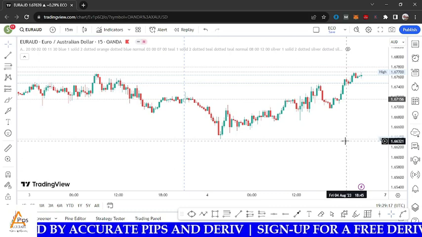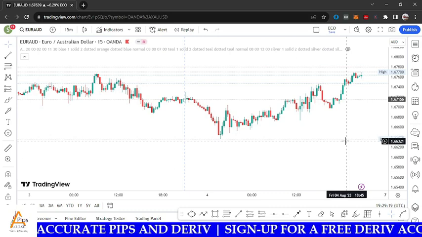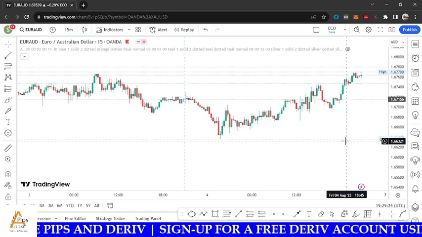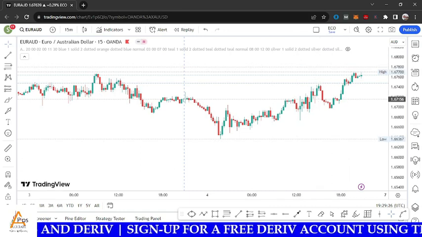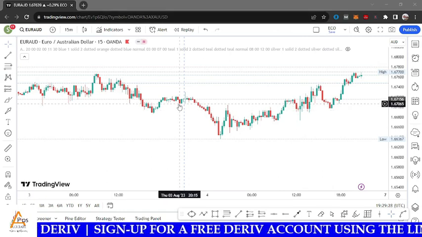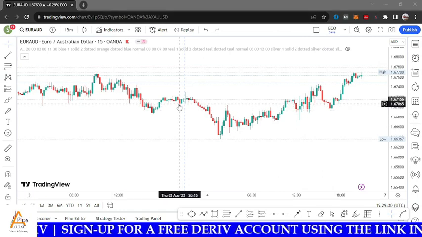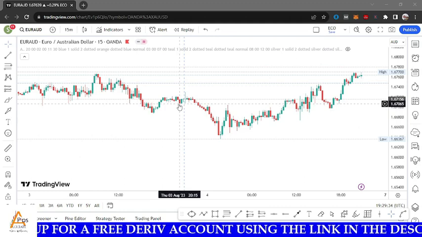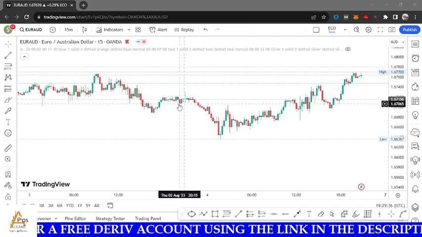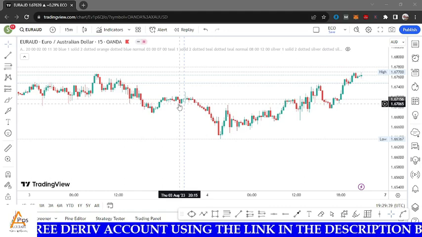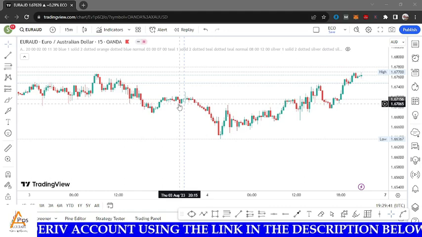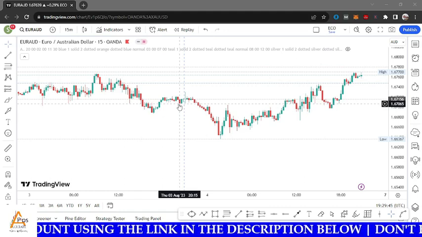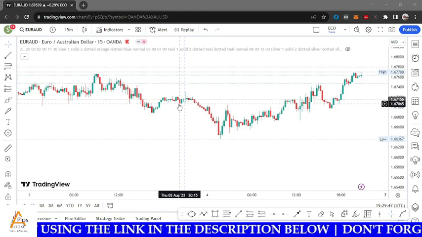Today we will continue with IFCs, as I promised you in the last lesson. So we are continuing with IFCs today. If you have forgotten the things we taught in the last lesson, let me quickly recap them for you. I talked about what IFCs are, and I said these are candlesticks that took or grabbed what we call money